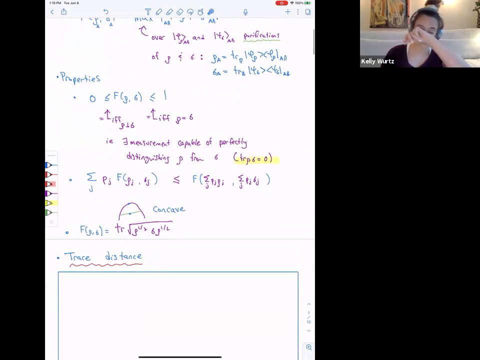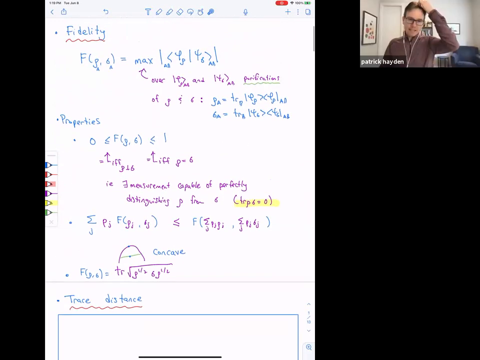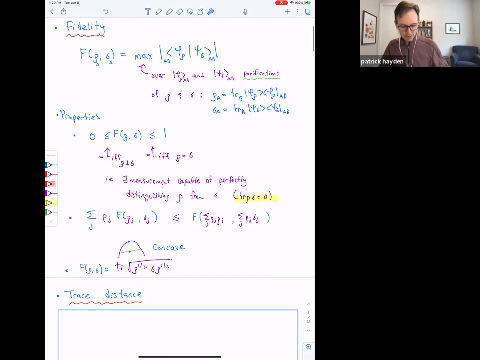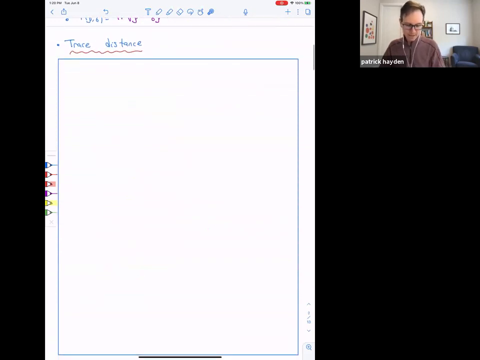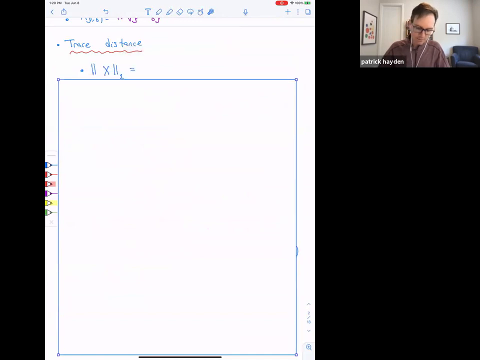So the fidelity is nice, and you can use it as a kind of measure of distance, but you'd like to be able to say that if state 1 is close to state 2 and state 2 is close to state 3, then state 1 is close to state 3, right? You'd just like to have some triangle inequality type property available, and something like that does ultimately hold for the fidelity, but it's a bit more complicated. So what I'm going to do is I'll introduce an actual metric on the space of states, the trace